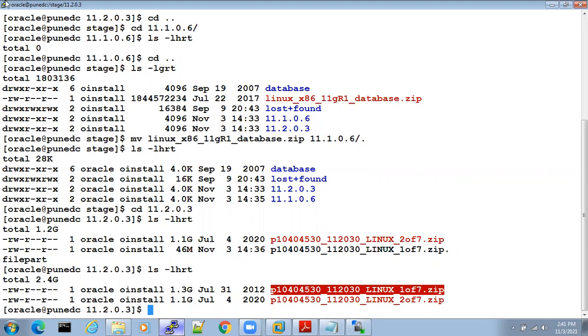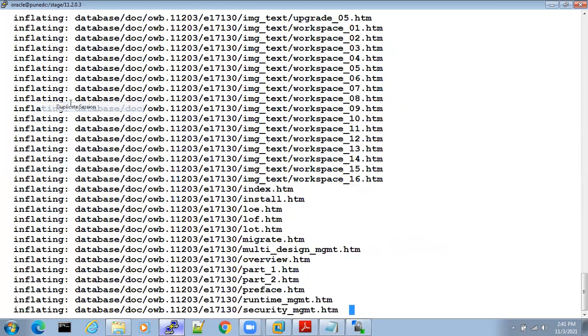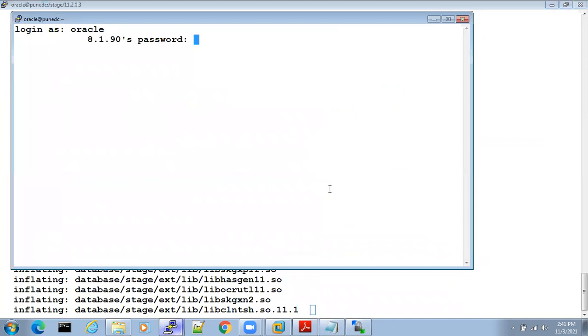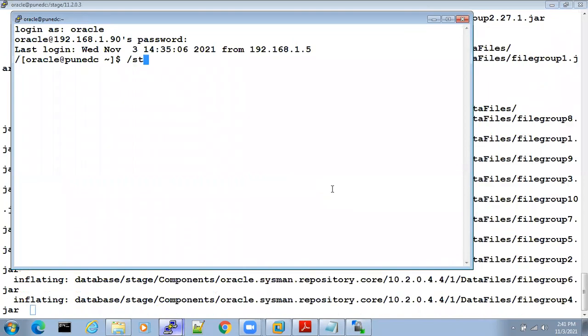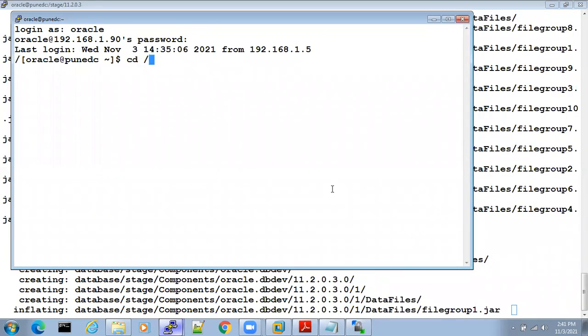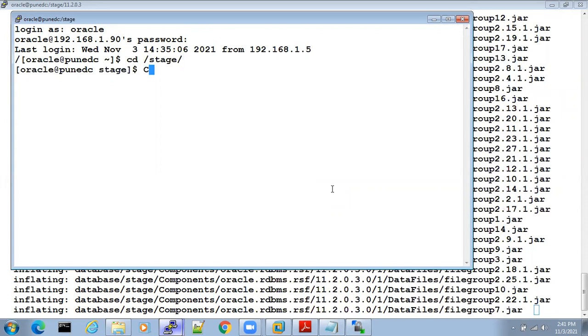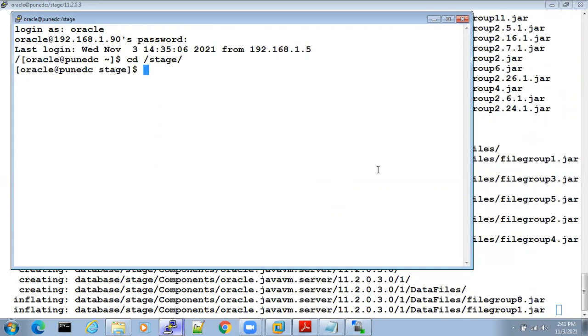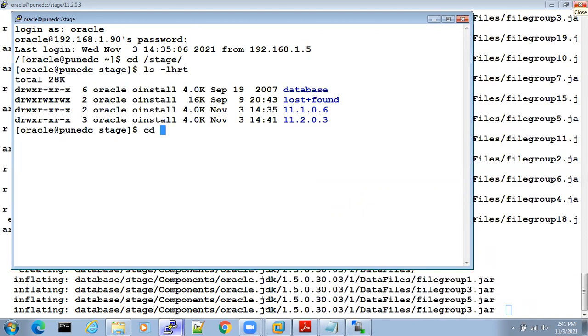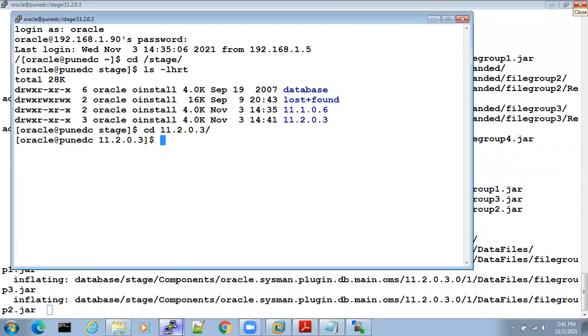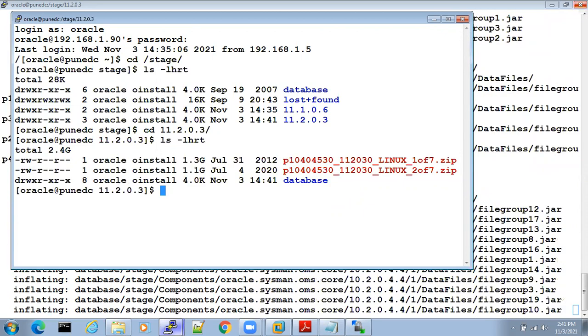For example, don't take a duplicate session. A lot of people will think it's a waste of time. First I will unzip 1 of 7 here, and then I'll take a duplicate session, go to stage, go to 11.2.0.3 and unzip